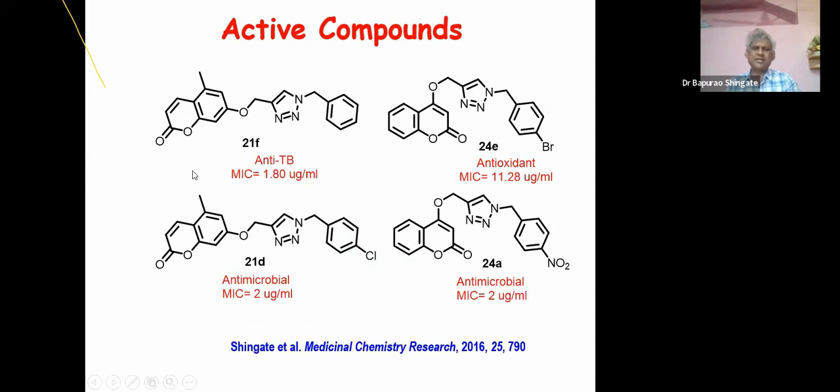And these are the most active compounds in terms of lower MIC value as well as IC50 value for anti-TB as well as antimicrobial activity. And this particular work we have published in the journal Medicinal Chemistry Research. In our next attempt,